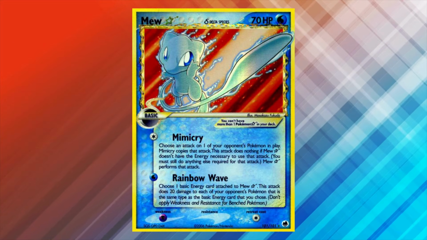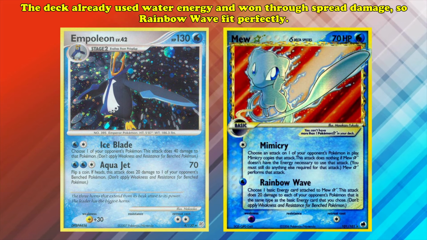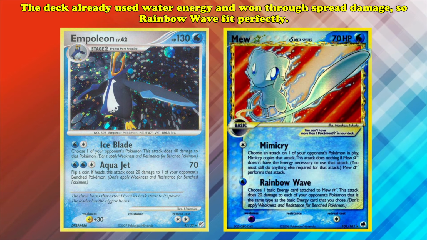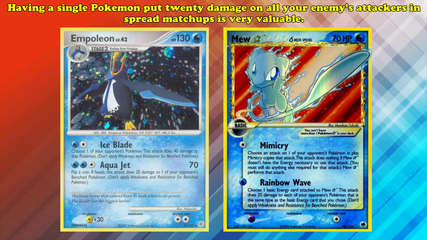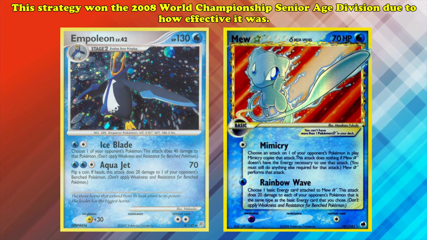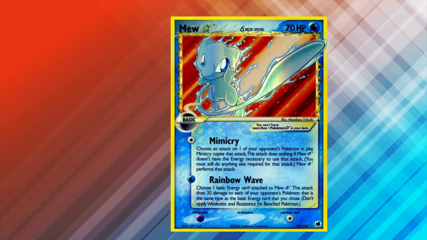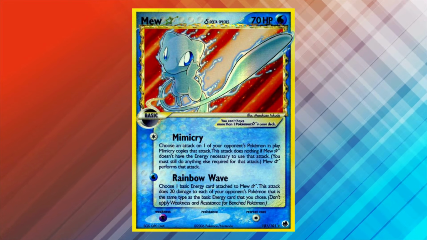Another top-tier deck that used Mew to win its mirror matches was Empoleon. Since your deck already used water Pokemon and won the game through spreading damage on all of your opponent's Pokemon, Rainbow Wave fit perfectly into its game plan. In a matchup where spread damage is key, having a single Pokemon put 20 damage on all of your opponent's attackers is highly valuable. This strategy was so effective that it even won the 2008 World Championship in the Senior Age division. Mew was one of the most widely playable Gold Star Pokemon, but it wasn't the last one to